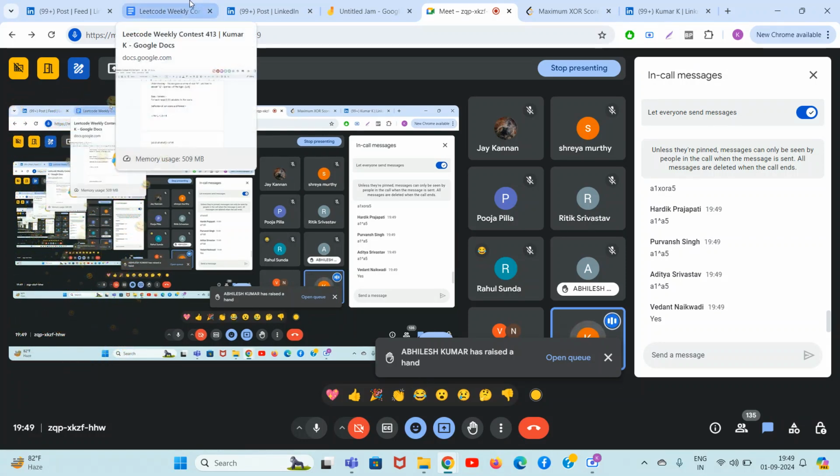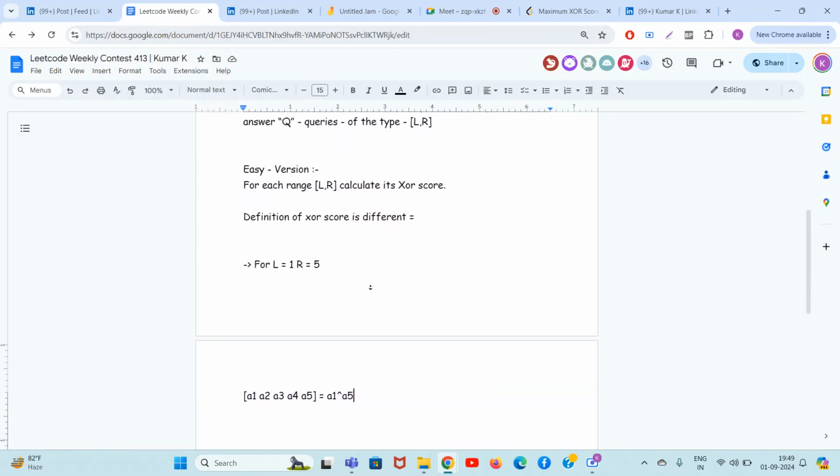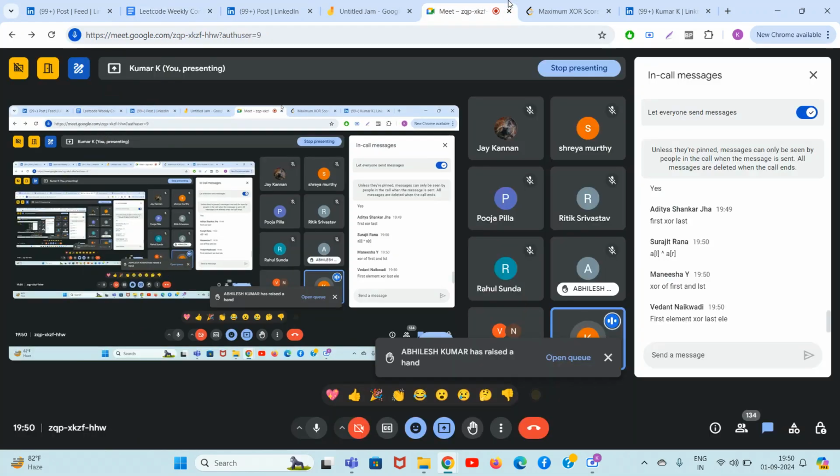So guys, what is the actual definition of the XOR score? Can anyone tell me? Given an L and R, if the size is odd, it is nothing but the XOR of the first number with the XOR of the last number. Matlab XOR of first number and the last number. If their size is odd. Yeah. So guys, do you agree that